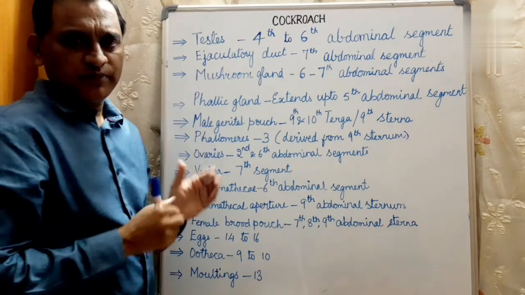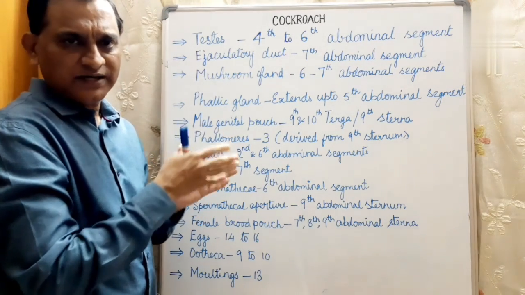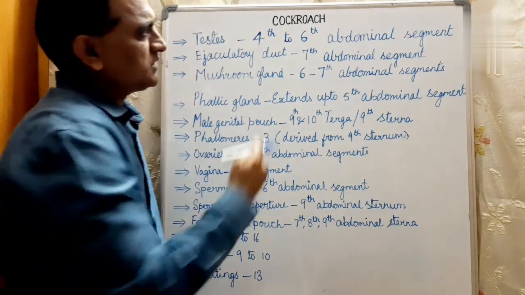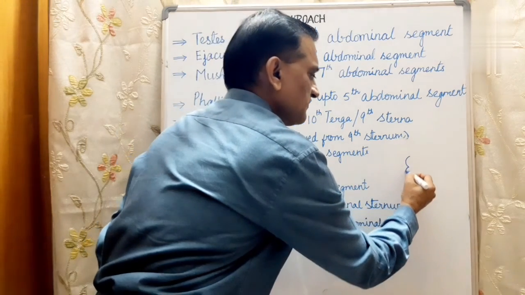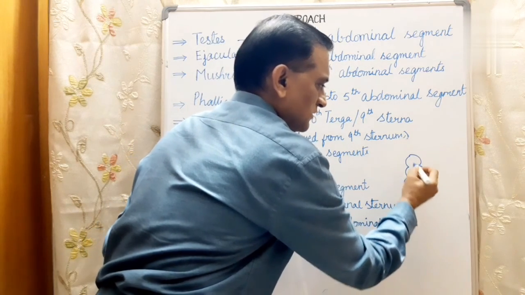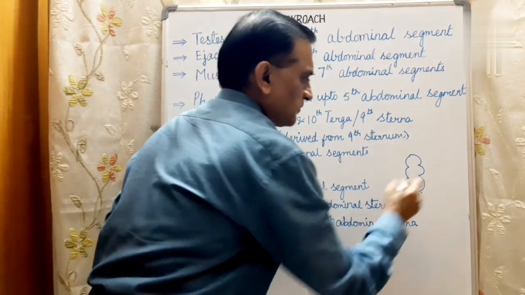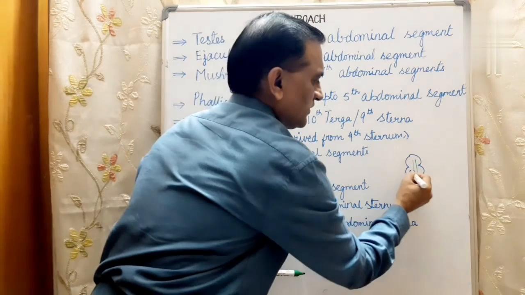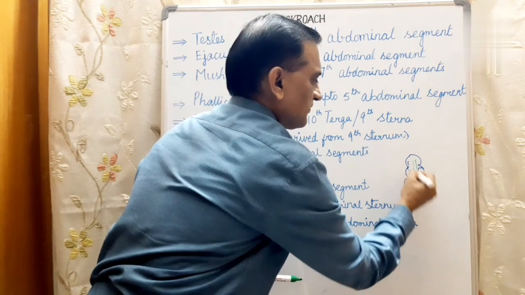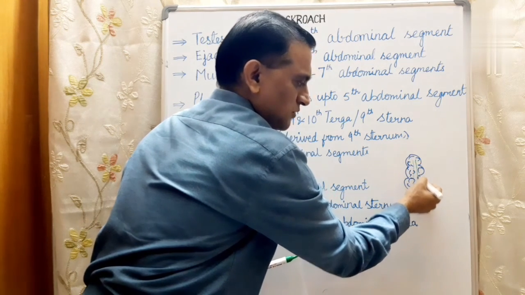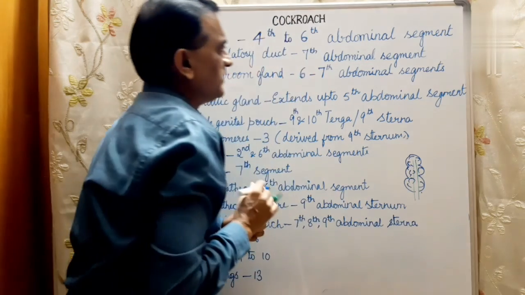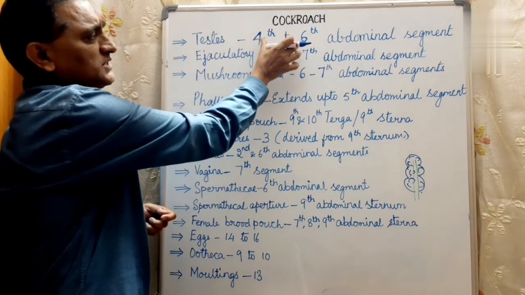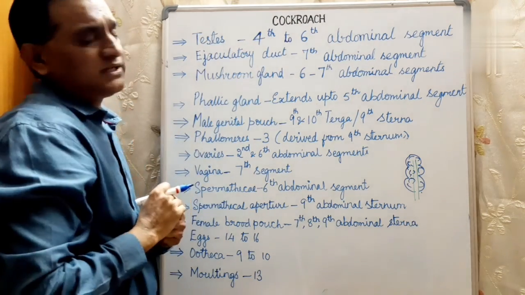A pair of testes get embedded in the fat bodies, dorsolateral in position, one on each side. Each testis is a trilobed structure, consisting of 30 to 40 follicles present around the vas deferens. They discharge sperms into this delicate vas deferens. The testes are present in the 4th to the 6th abdominal segments.